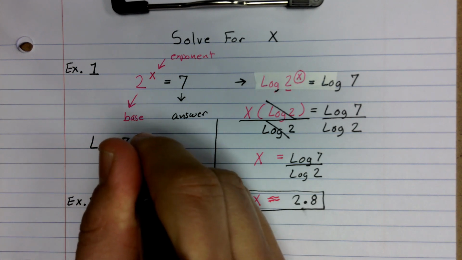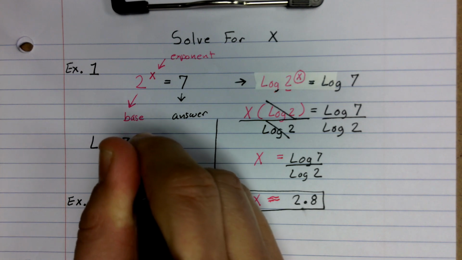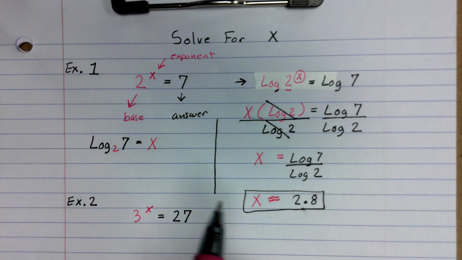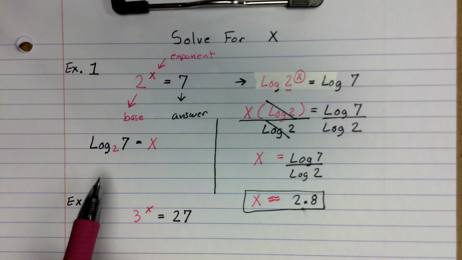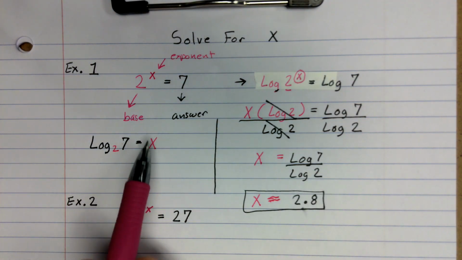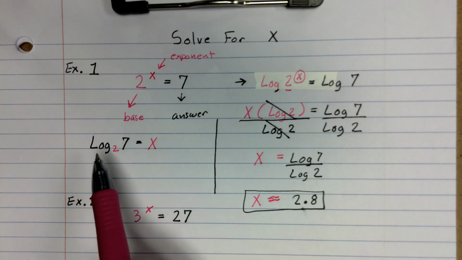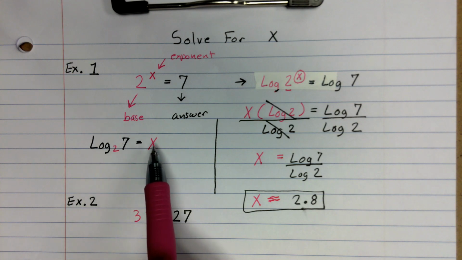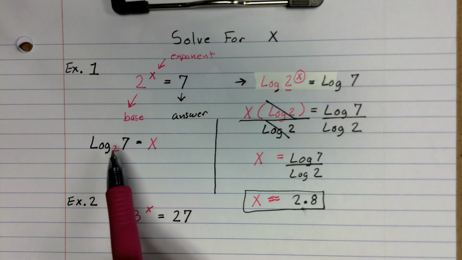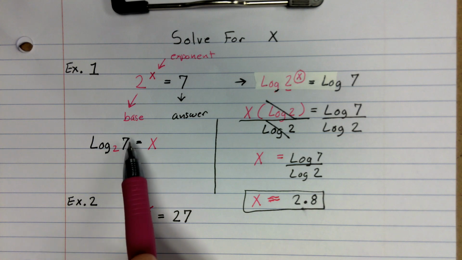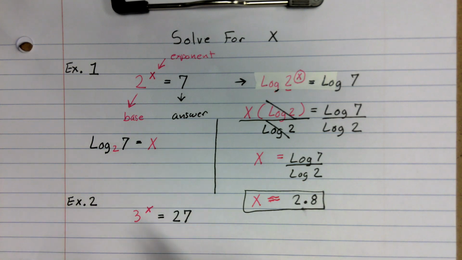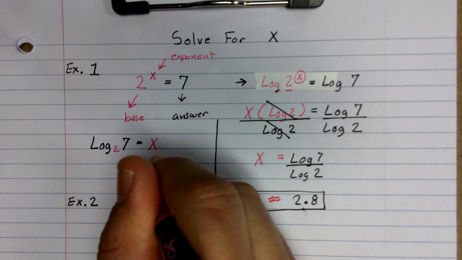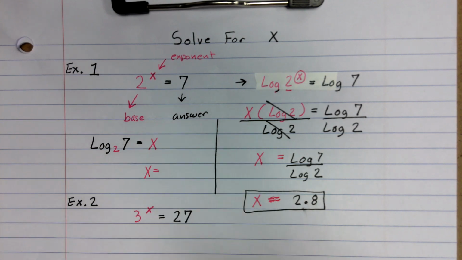All right, and then we're going to go ahead and put equals x. Now you may be looking at this going, well, Mr. H, this doesn't seem to help me very much because I still have an x here. I don't know what it is. Well, all I'm going to do, if log 7 with a base of 2 is equal to x, we can simply put log base of 2, 7 into the calculator, and it'll actually calculate it for us. And then we can see what x is. So I'm just going to write here, x is equal to,